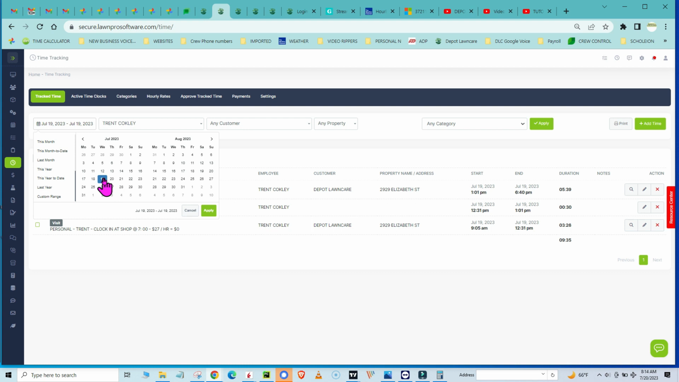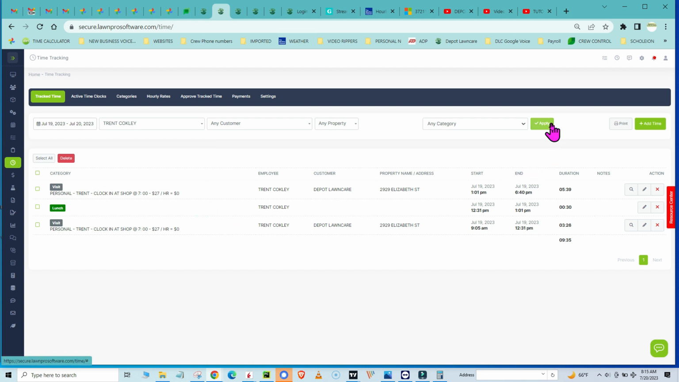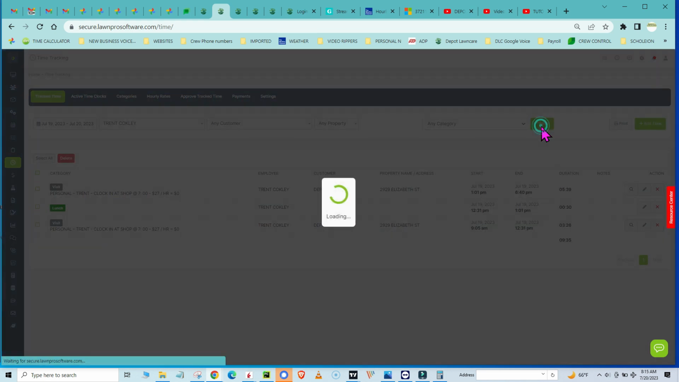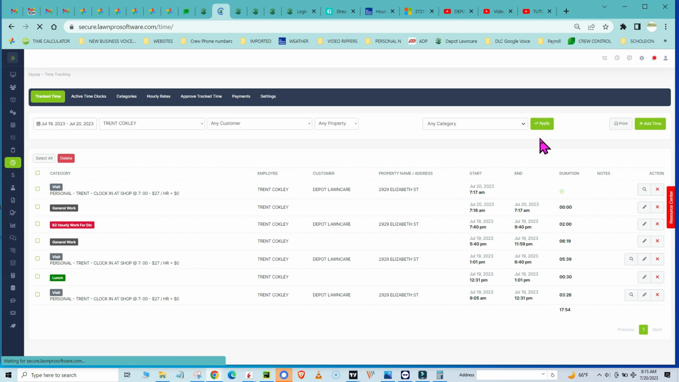I'll have to use July 19th and July the 20th. It'll turn green and I will hit apply. And then I need to actually ratify that and hit apply a second time. And when I do, if I start at the bottom of the screen where it was the 19th, I will see that I get my